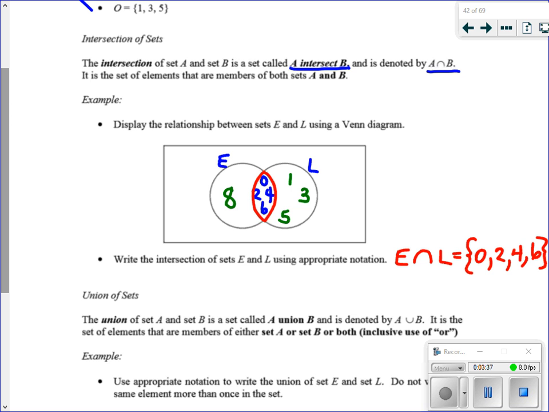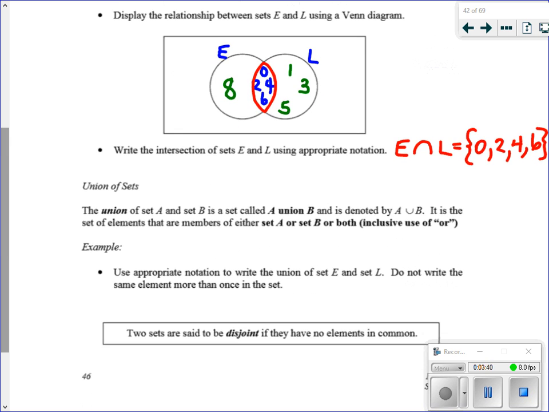Okay, now a union, on the other hand, is a little different. A union of set A and B would be called A union B, and the symbol for it is A with kind of a stretched out U for union B, and it's the set of elements that are members of either set A or set B or both. Okay, just like we talked about when we were talking about the inclusive use of the word or. When we say or, we mean it's in this set or this set, or it could be an element of both. Okay,